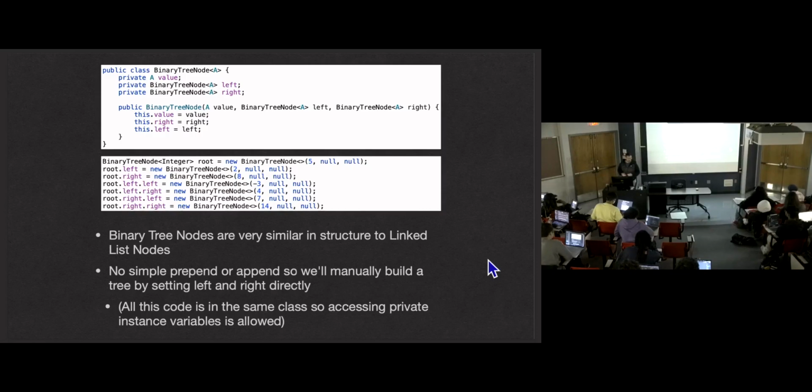Yep. So if you just wanted a completely null node, would you have to put null 3 times, or would you just set it equal to null? So if we want an empty tree, we would do root equals null. Just like we did with our linked list, where we had the head of the linked list just equaling null. That would be our empty tree. If we did root equals new node with null, null, null, that's going to be a tree of size 1 with the value null, which is different than an empty tree.